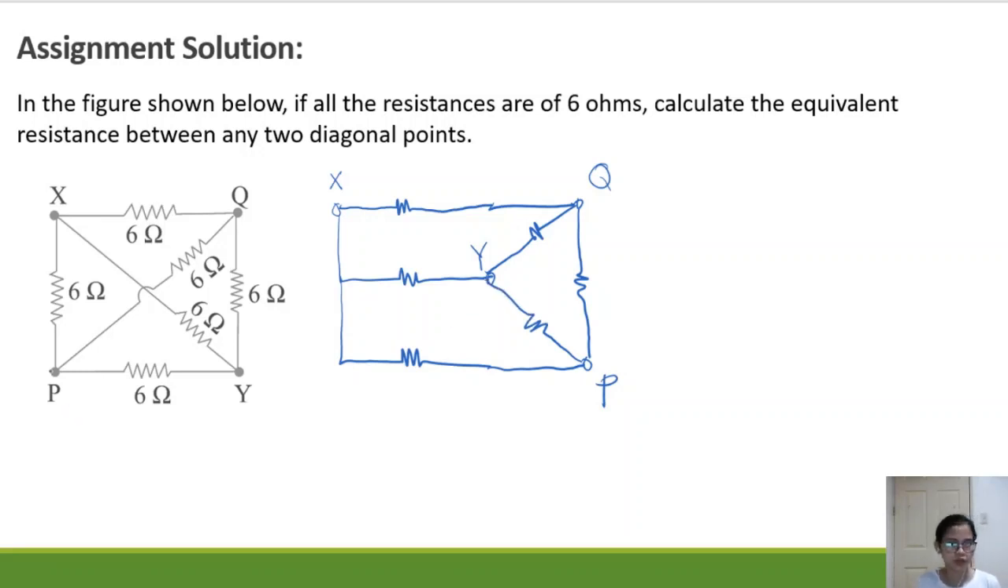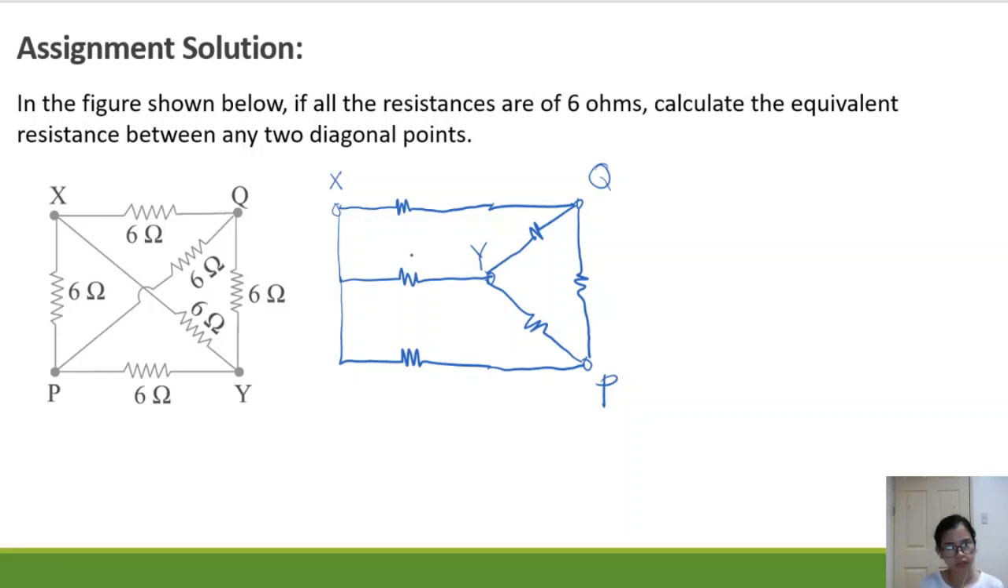Now we are done with node P. Let's proceed with node Y. There is node Y to node X. We are done with that one. Node Y to node Q. We are done with that one. And node Y to node P. And we are also done with that one. Therefore, we have drawn the resistors. Check how many resistors? 1, 2, 3, 4, 5, 6. So therefore, this is the